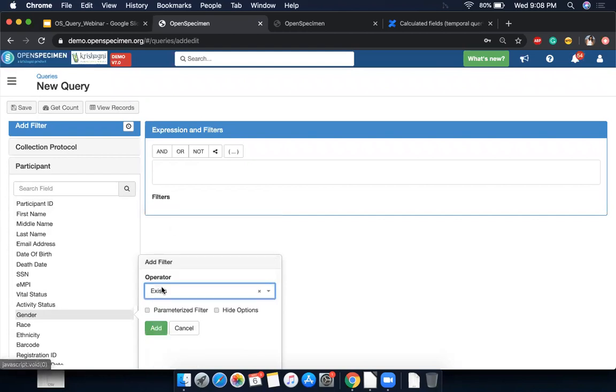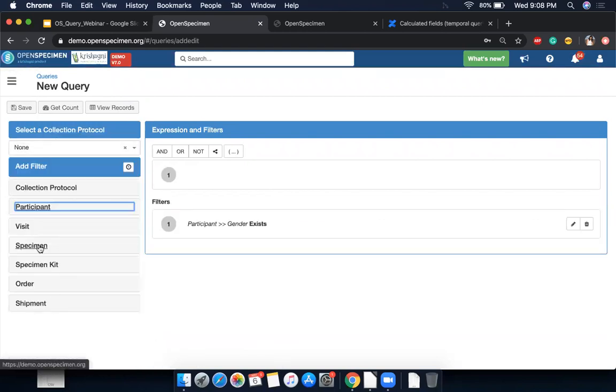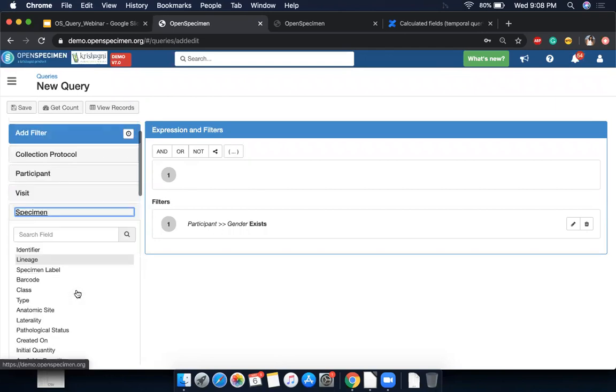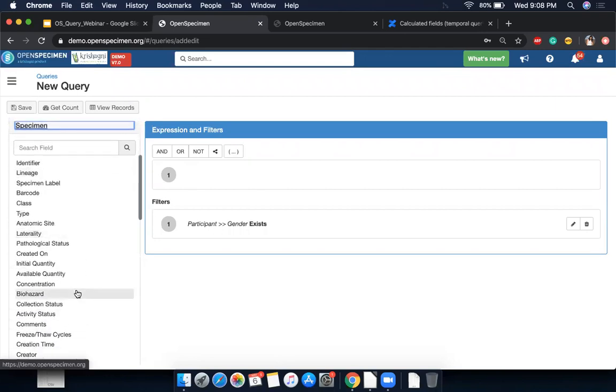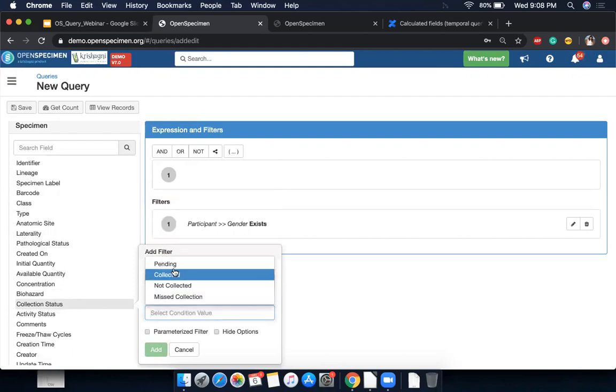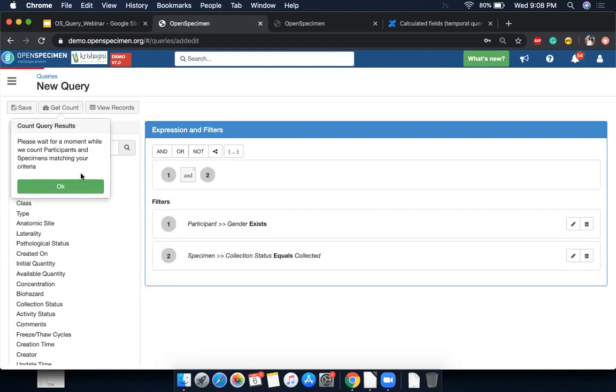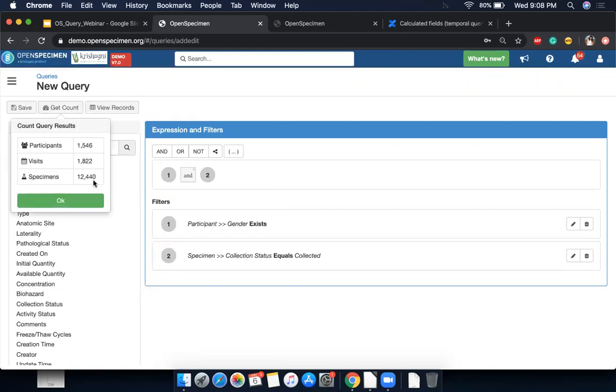I'll just say patient gender exists, just to make sure the value exists. I can add any other condition. Suppose I want only patients for whom specimens are collected. So I'll just say specimens collected and say add. So now I go say get count to see how many are matching. So there are some 1500 patients.